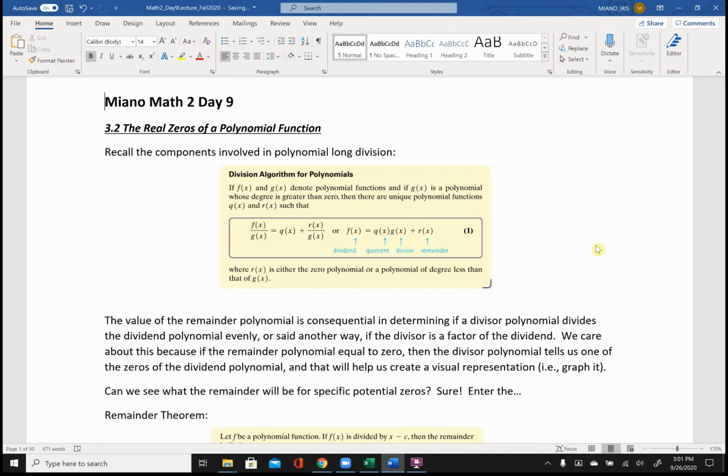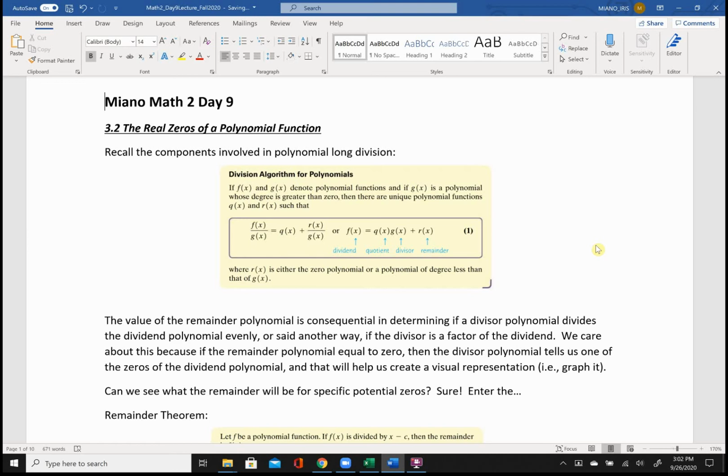So, the main thing we'll be focusing on in this lecture is to find the real zeros of a polynomial function, as is the title of this section. We're going to be revisiting elements of polynomial long division, mostly in the form of synthetic division. Actually, we're not going to do any polynomial long division in this section. We're going to rely on finding the remainder by simply plugging in suspected zeros and also performing synthetic division on